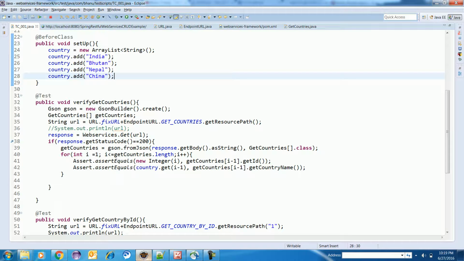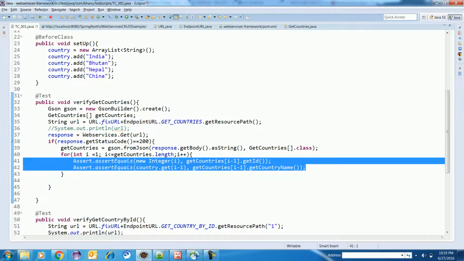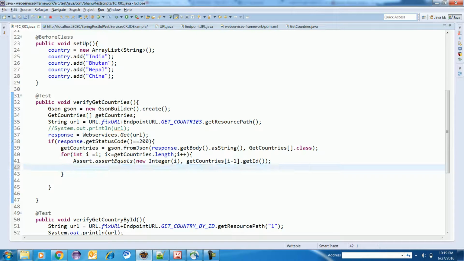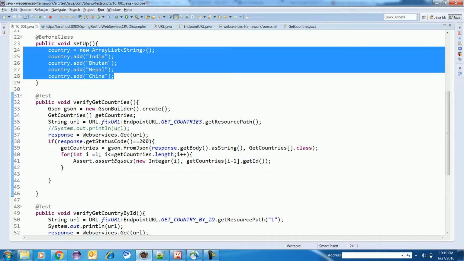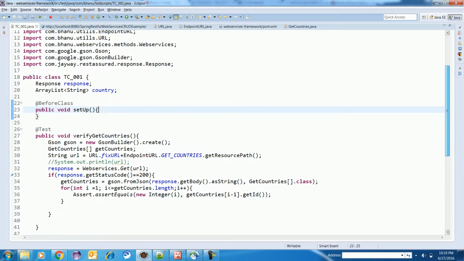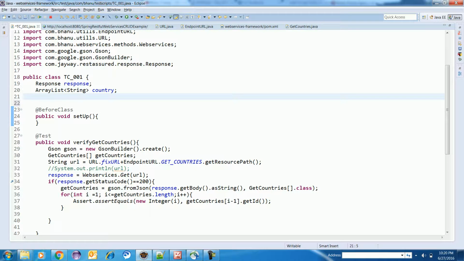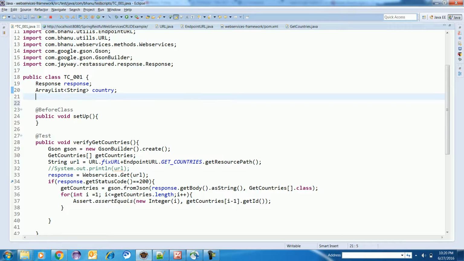Now I'll start with the coding part. What I'll do here is I will not verify country here. I'll just verify the ID, because I know that these are the IDs which you will get in the response. So I will not make an array list here. There is an alternative way to do that. One will be country, and I will make one more array list to store all the populations of the country. So here I will make populations,